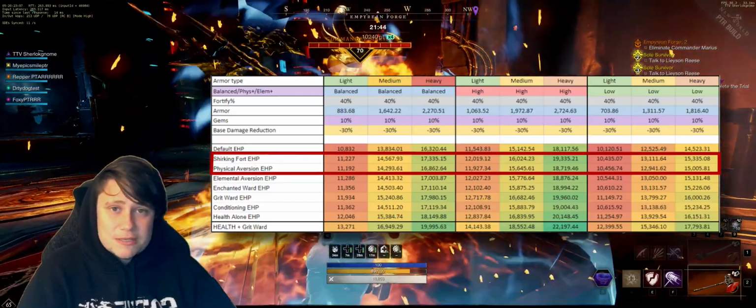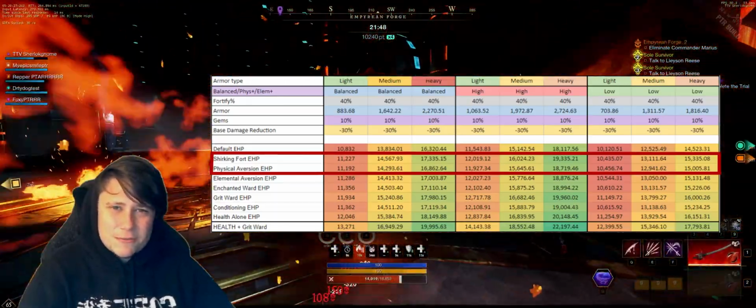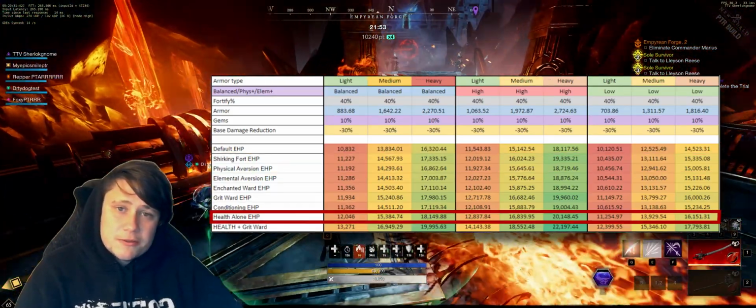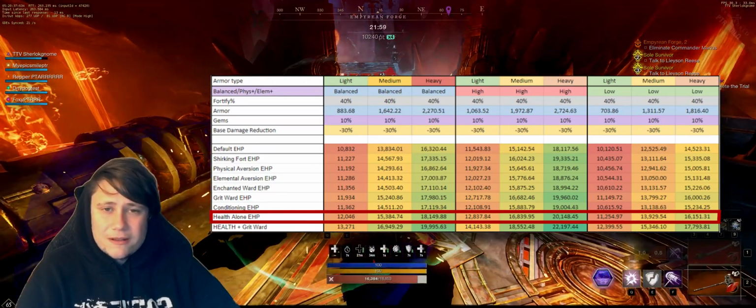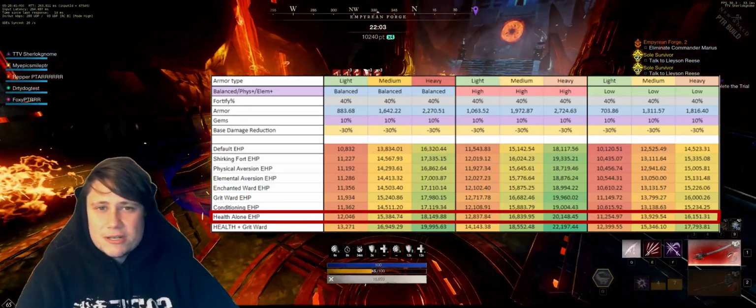If there is a really good piece you have with Physical Aversion on it, then you can look at running it, but I don't think it's what you want to be working towards. Alright, so in summary, everyone is going to want health on every single one of their armor pieces. If you're a 300 con or a rapier, you're going to want to look at running Grit Ward. If you're a healer or DPS, you're going to want to look at that mix between Elemental Aversion and Enchanted